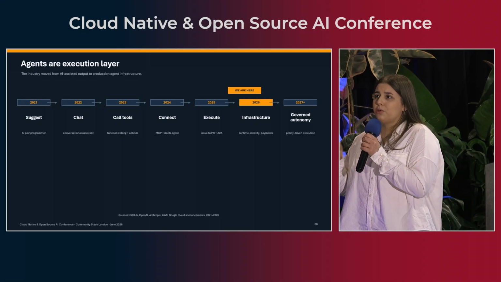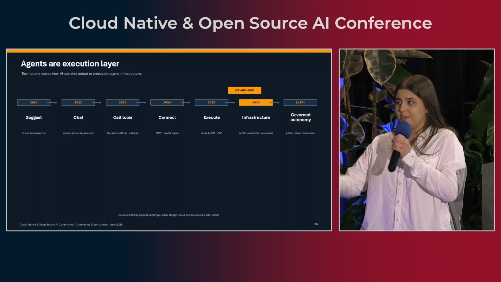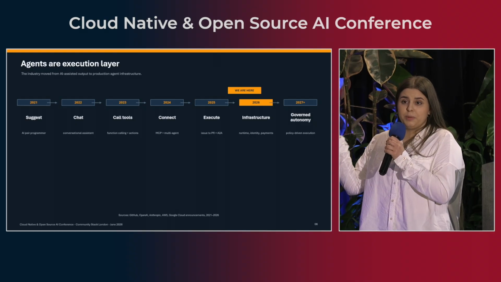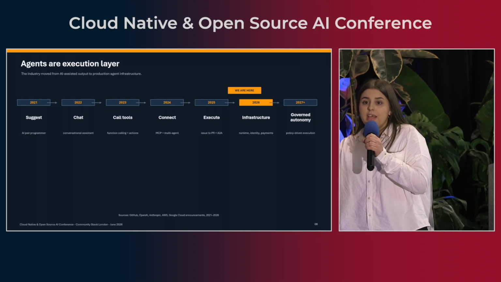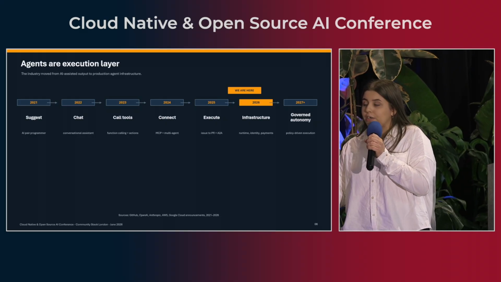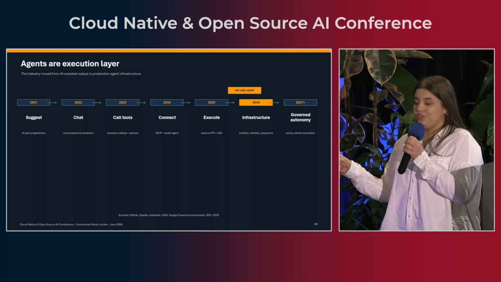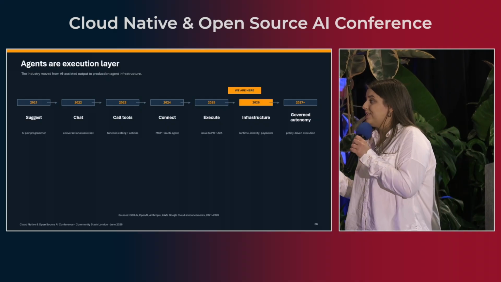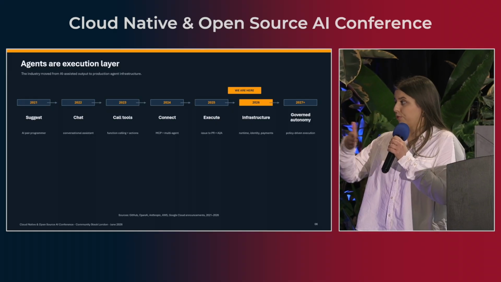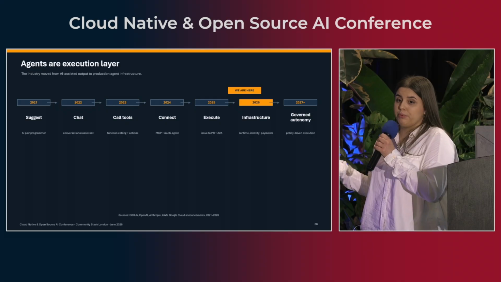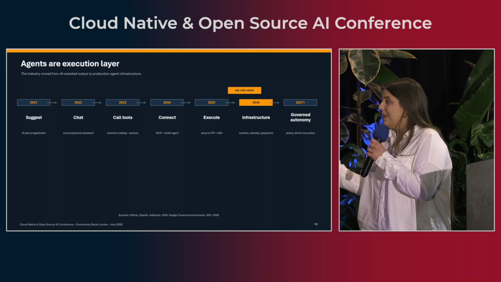It became really popular, even though the MCP protocol existed way before the 2020s. It was created in 2018, but the MCP service became really popular at that point, and the multi-agent workflows where we had different actors as agents integrated between each other and executing different functions based on the context. And then last year we started to execute those in our PRs. We started to give them the A2A, the authentication workflows. They can now use the token and get through everywhere they want in the system, which gives them a lot of autonomy. And here we are now in the infrastructure layer where they are completely separate tools integrated